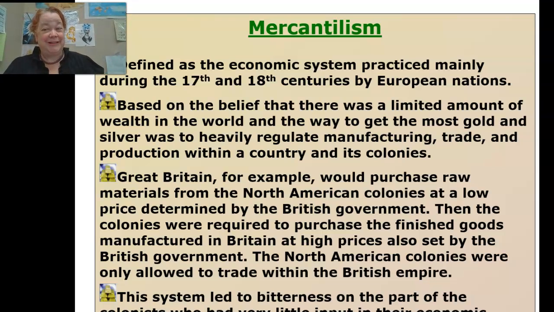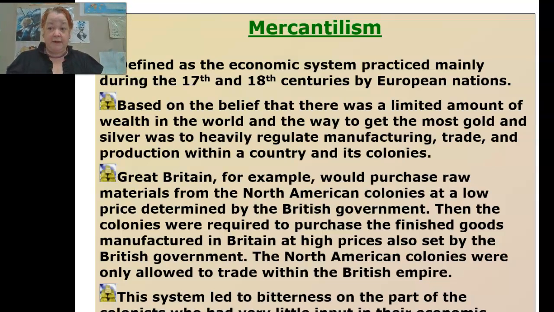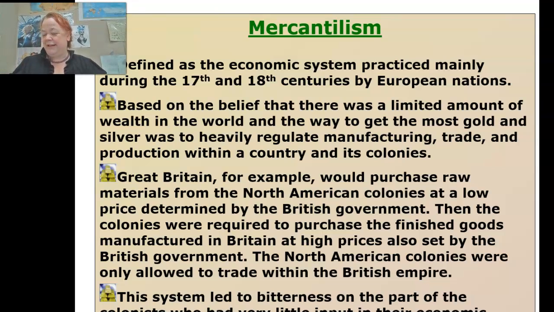Black market goods where they were just making it themselves, home factories. And this is going to cause a lot of problems once the British, who'd been very hands-off, as I've mentioned, until the French and Indian War, were not paying attention to what's going on in the Americas. Now they are. They're going to realize that some of the people are circumventing this. That includes one of my ancestors, John Hancock, who was smuggling sugar. Probably why we're all addicted to it now in my family.